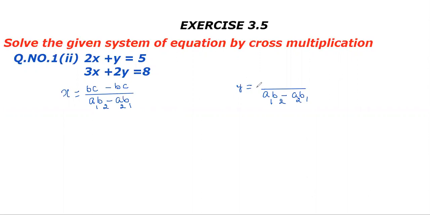So children, if you are not writing the coefficient of y, now what is left with you? a and c. So that means you are going to write ac minus ac. Now here you will start with the serial counting, 1, 2, 2, 1. And here you will start with the reverse counting, 2, 1, 1, 2.